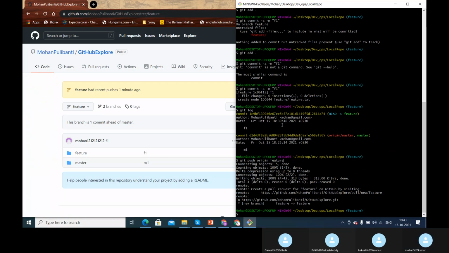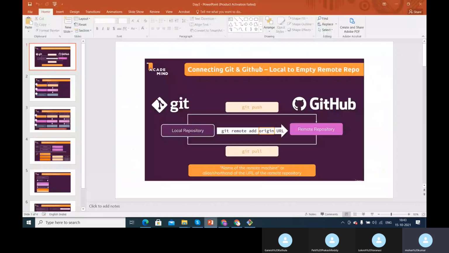Now let's understand the other story. What we are doing now is just pushing the data from this local repository to the remote repository. It looked very simple for us. We just established a connection using git remote add origin URL, and we just pushed the code from the local repository to the remote repository. Now we have to carefully understand the vice versa. If I create a new branch on the remote repository and I want that new branch on my local repository, I need to maintain a sync between the remote repository and the local repository. This looks a little complicated, but let's concentrate and try to break it up as much as possible.